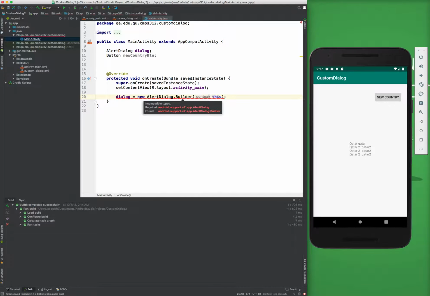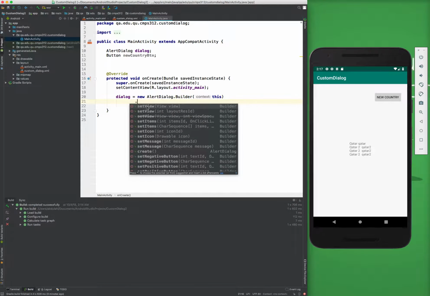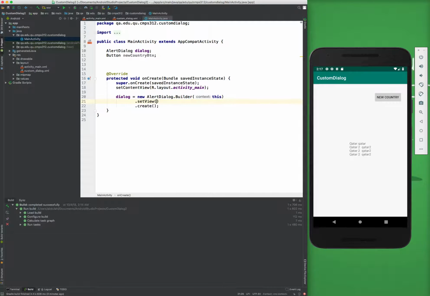Now of course it's complaining because you have to create it, you have to go till here, but in the middle, before you create the alert dialog, we want to assign the view of this dialog to be our own view, this custom layout view. So you will say the set view, and then you say view. Now this view we need to create it by inflating our